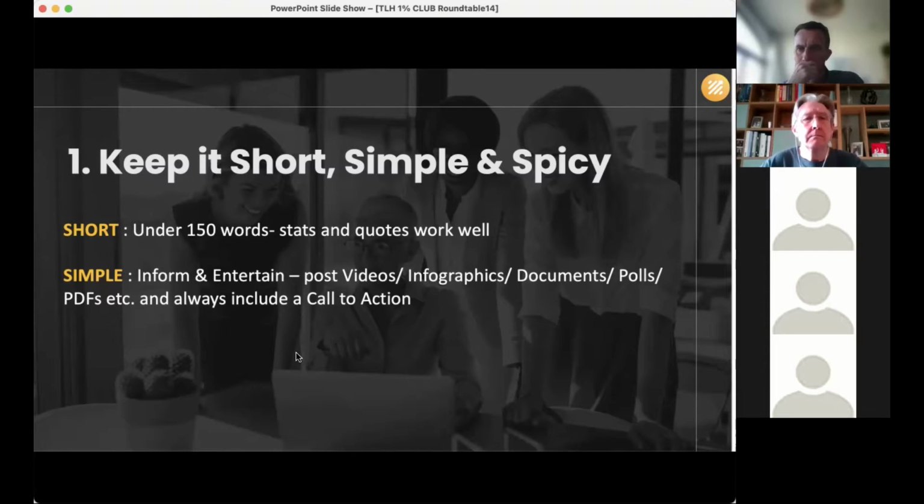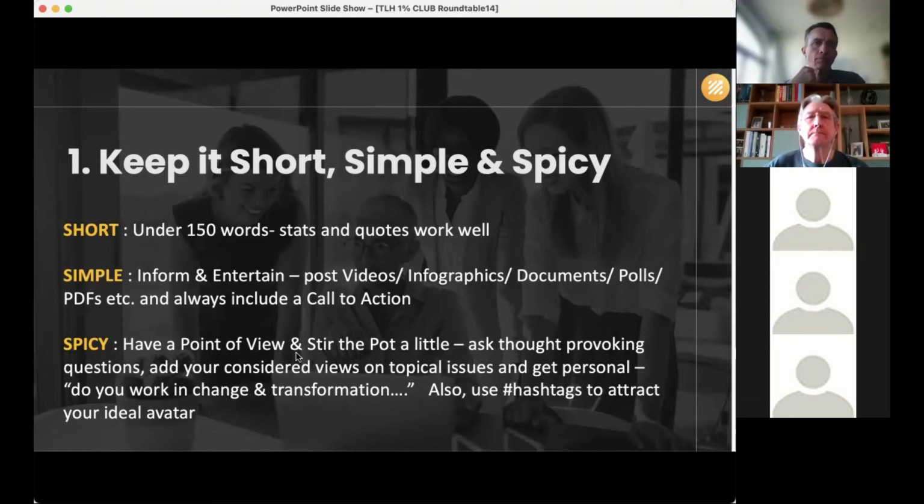And then the final aspect of this first phase is spicy. So have a point of view and stir the pot a little. It's all too easy just to share stuff and not really add anything to it. But what I find, and I think what most people find, is if you can go out there with a point of view, and sometimes that point of view can be quite evocative, the more evocative you can be, the better, because people will react and respond to it, as opposed to just reading through it and scrolling through the